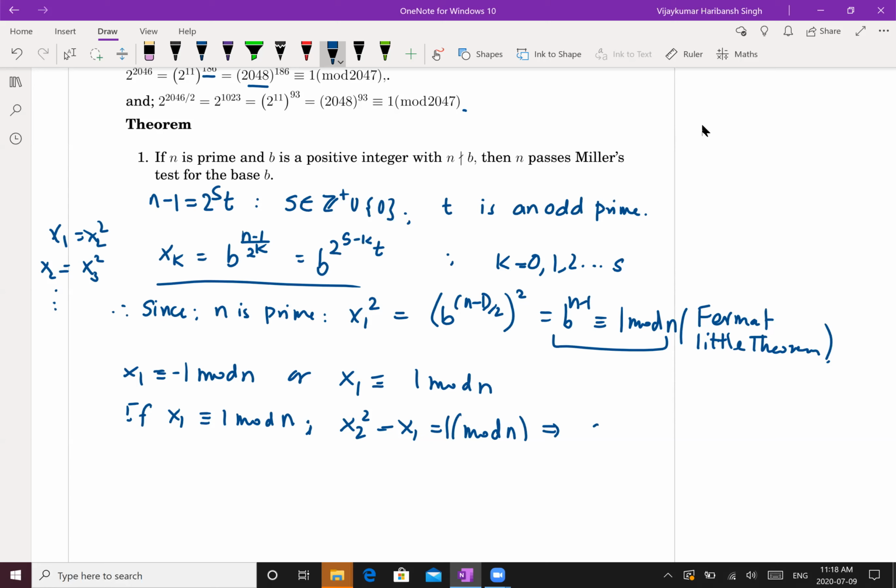This implies again x2 is either 1 or minus 1 mod n, right? Either it's 1 mod n or it's minus 1 mod n. So continuing this process, in general, continuing this process,